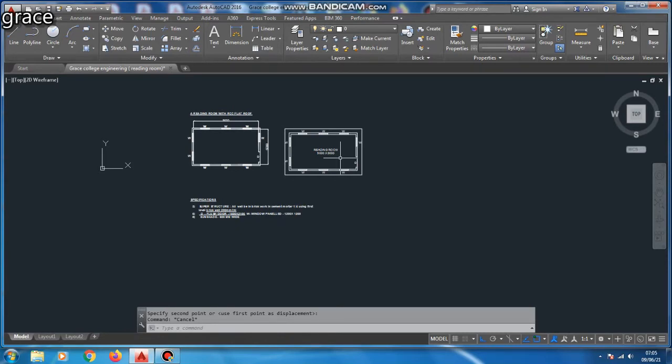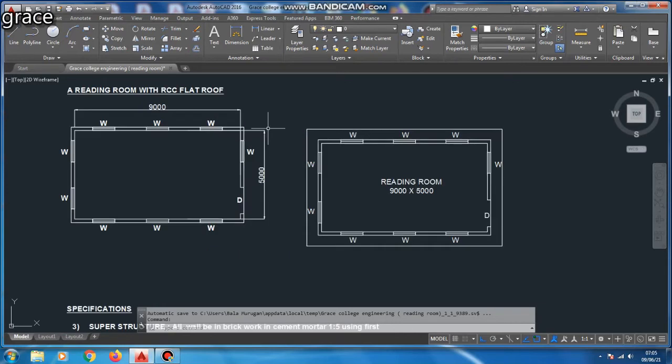So we are completing our plan of our diagram. Next we are going to draw a section cutting line in this diagram. We are going to draw a section cutting line in any section.